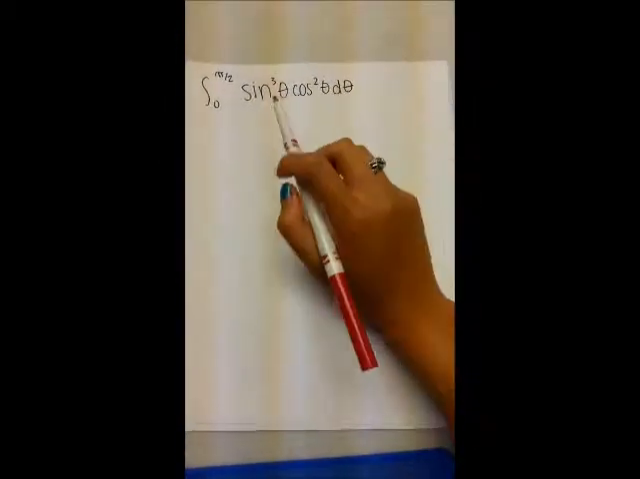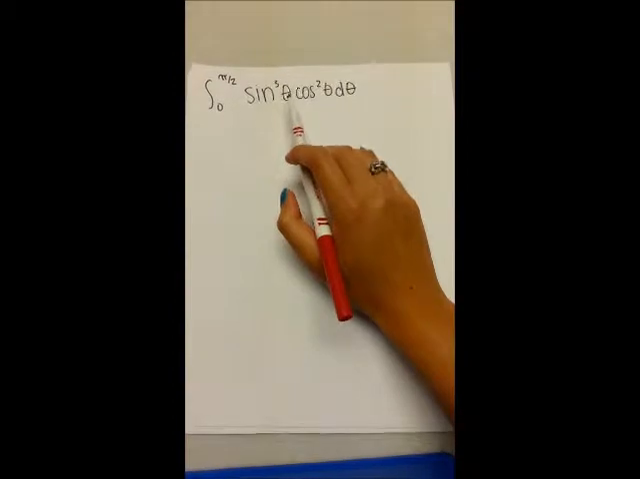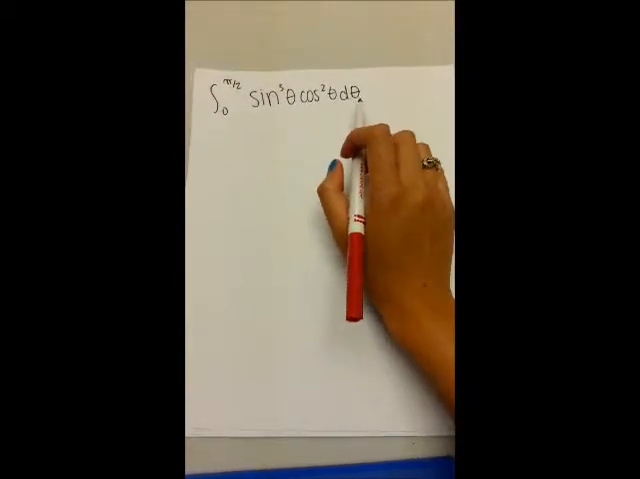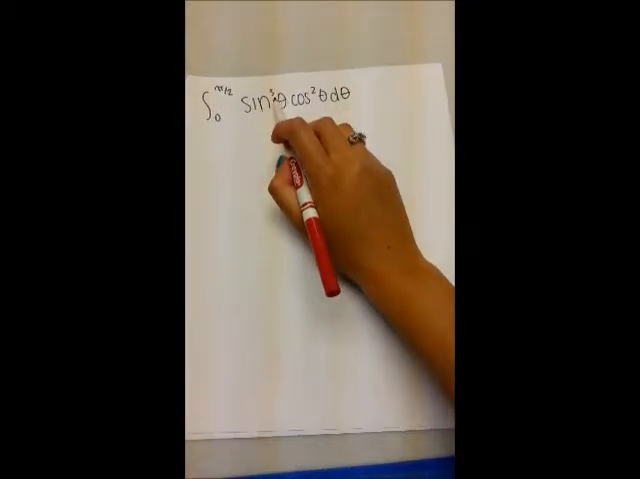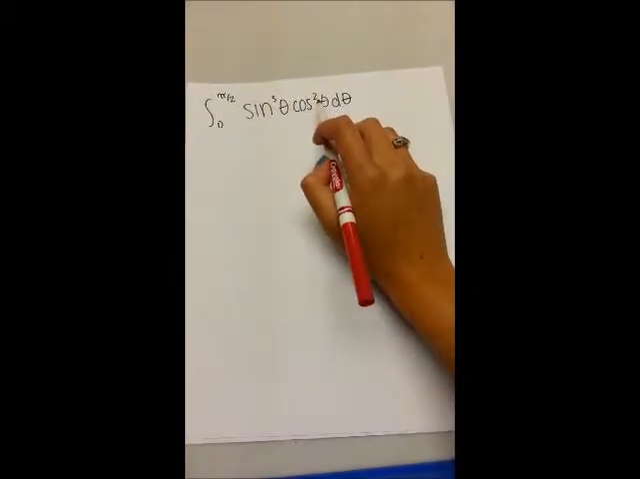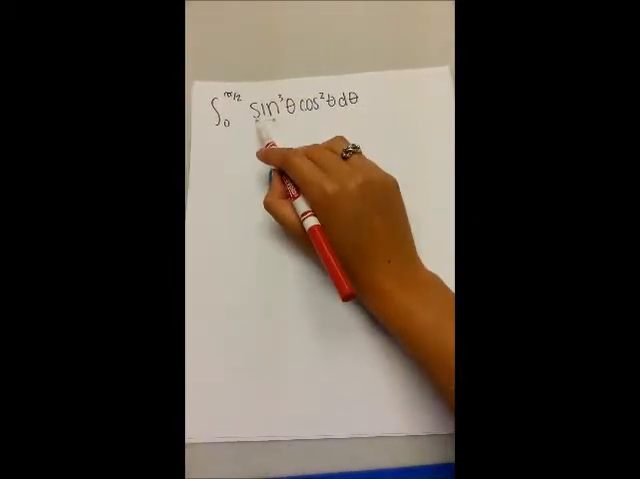The problem that we're going to be doing is finding the integral of sine cubed theta, cosine squared theta, d theta, on the interval from 0 to pi halves. Now the general strategy for when sine is odd and cosine is even is to save one factor of sine theta